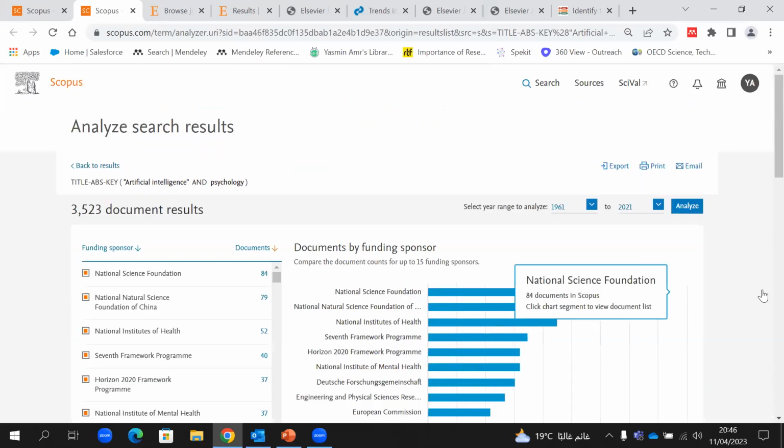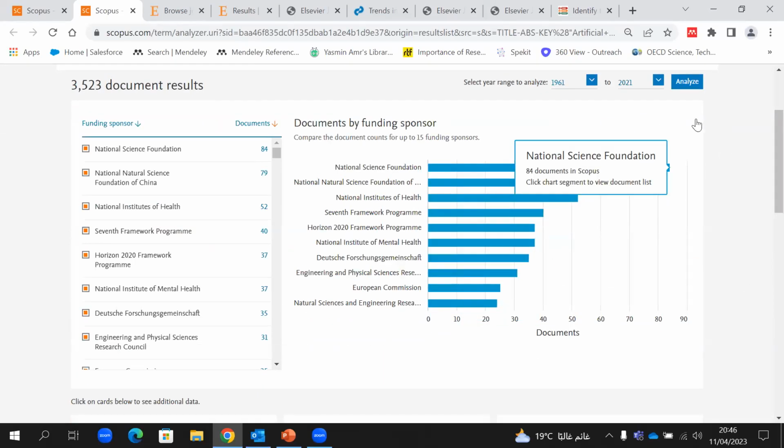The last card here is the funding sponsor. Who are the main funding sponsors that have the ability and capability to provide funding for these kinds of publications or subject areas? It's really important. Based on this information, we can go to each individual funding sponsor, go to the website,